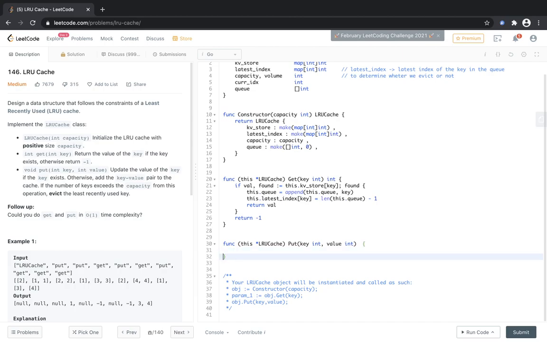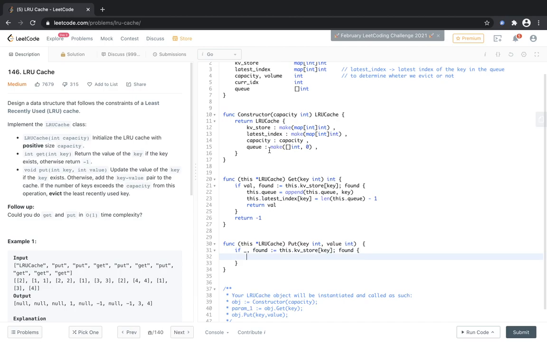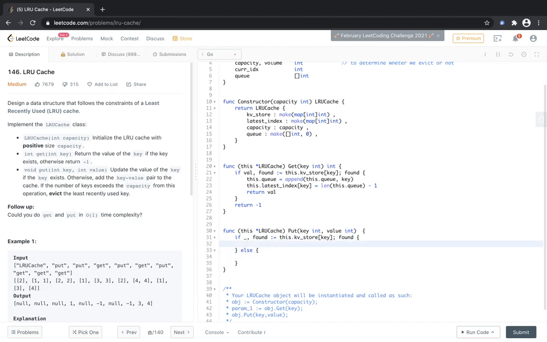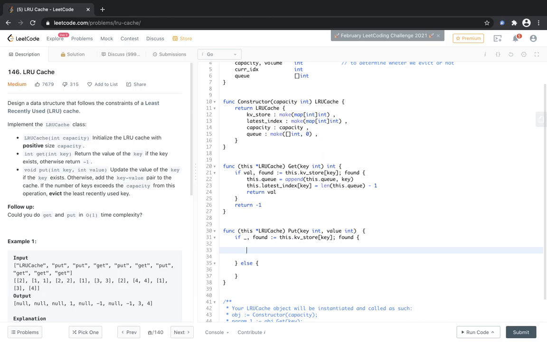Now we need to put this key value in the store. So again, if value found, we don't care about the value, we just need to check whether the value was found here or not. So this.kv store key, so if it was found, then cool, do this, else do something else. What to do if the value was found?